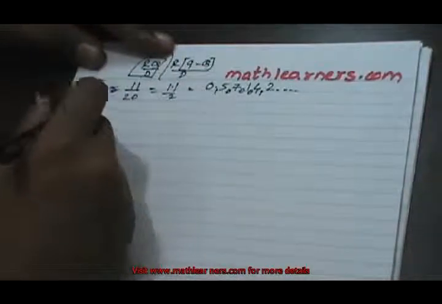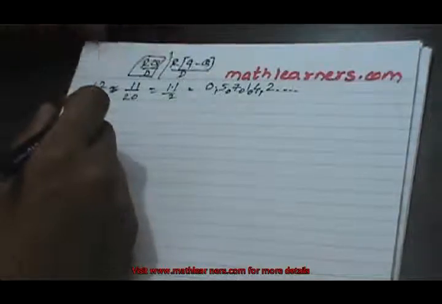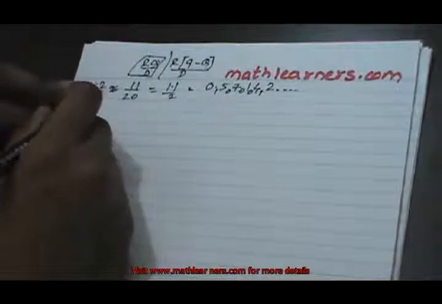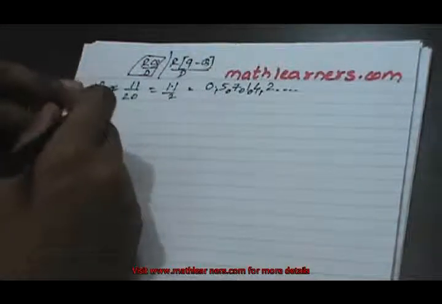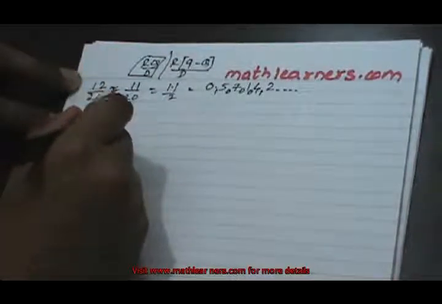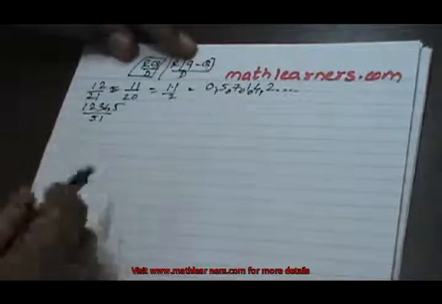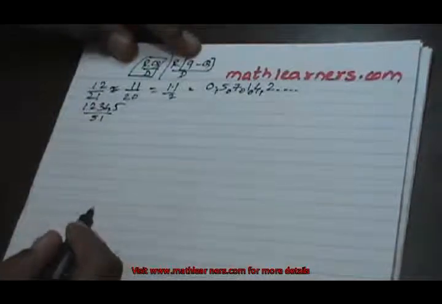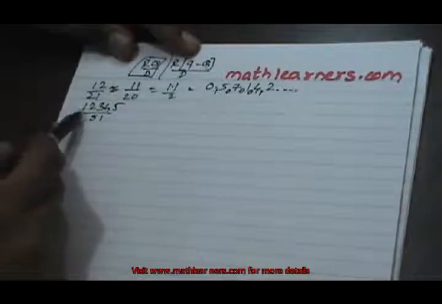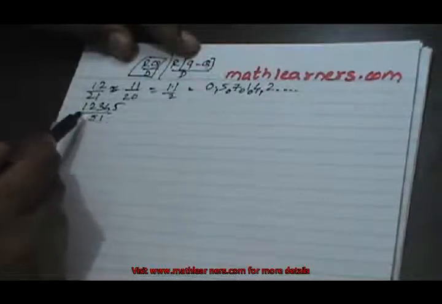Now let's see when we have the numerator greater than the denominator. So whenever we have the numerator greater than the denominator, we follow a different process. The process tells that we find such a number or pair of numbers from the left side such that it will be less than the denominator.